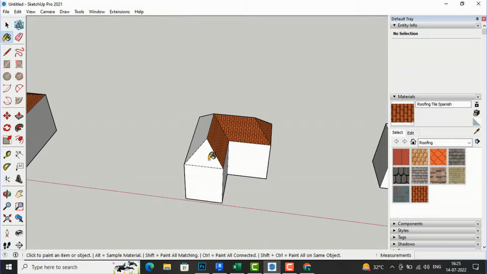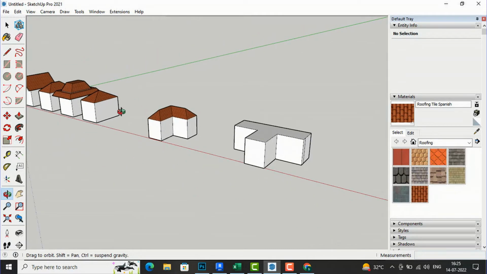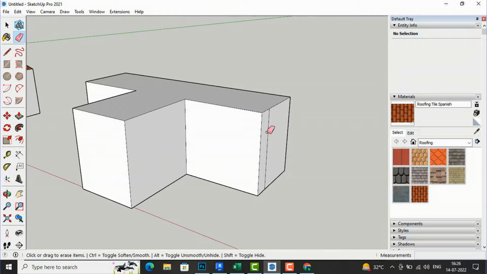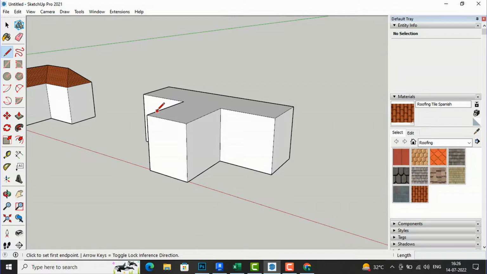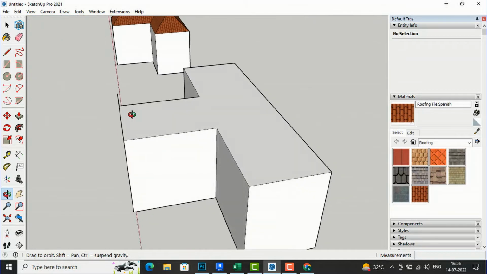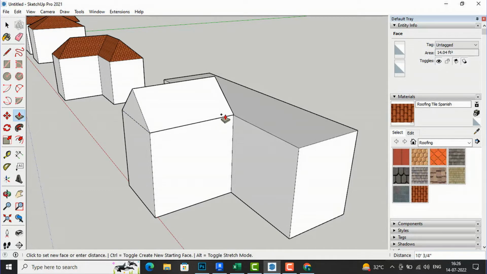So I will tell you how we can draw cross gable roof. So for cross gable roof I am going to use this shape here, and I'm going to erase this line here, and I'm going to use line tool again, and I will take this shape here, front shape, and I will draw this and I will erase this line here. So I am going to use push pull tool and I will draw till here,